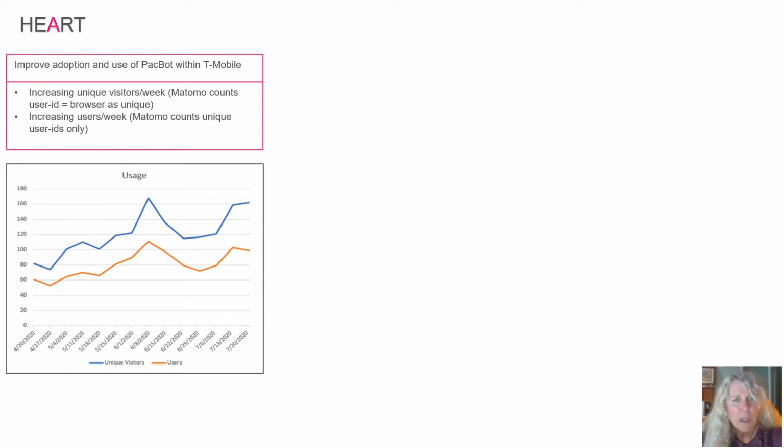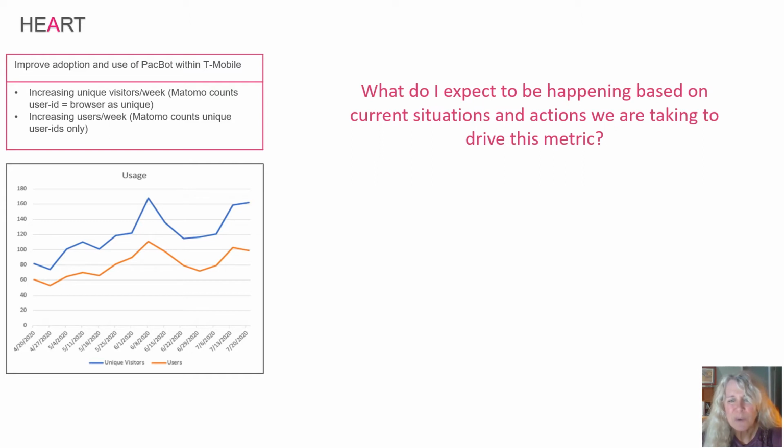So anyway, the question that you want to ask is, what do I expect to be happening with this metric given the current situation? Well, I ask that in a very specific way because there's another question that you might want to ask instead, and that is, what do I want the metric to be doing right now? And you might want this metric to be constantly going up, but there may be actions that you need to take in order to make the metric go up, and if you're not taking those actions, you may not expect it to be going up right now. So the question here is, based upon the current situation, what do I expect the metric to do?